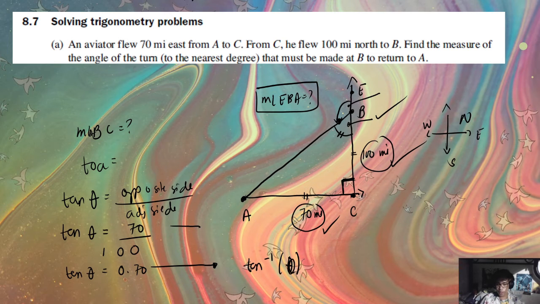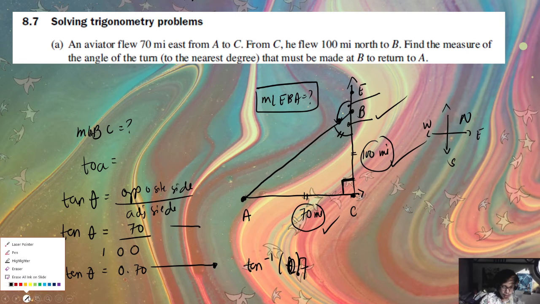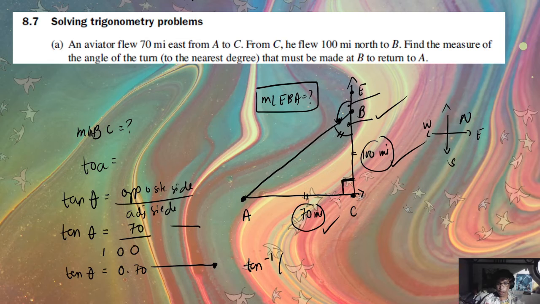For this specific function, we need to find the value of theta. So we need to find the inverse tangent of 0.70. If you put that on a scientific, online, or even a smartphone calculator, that should give us 34.99, or approximately 35 degrees. Therefore, this is the measurement of angle